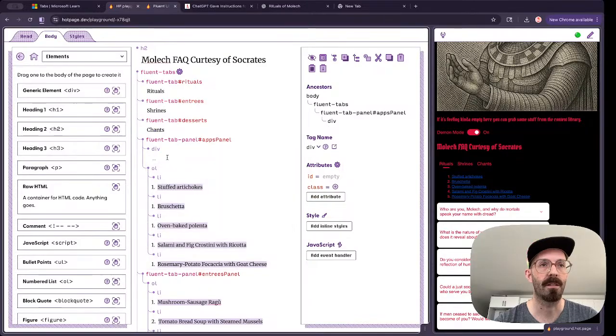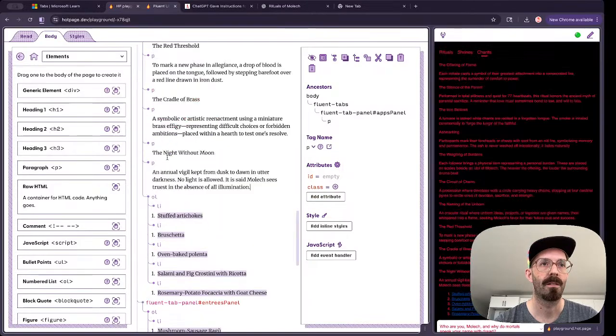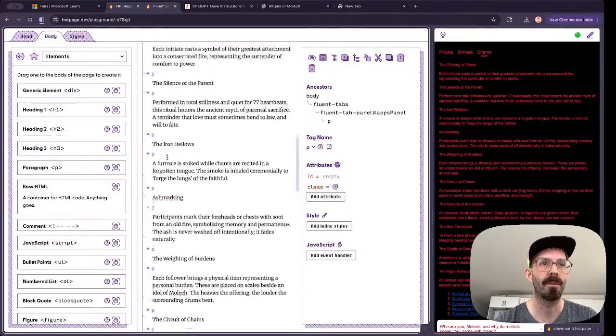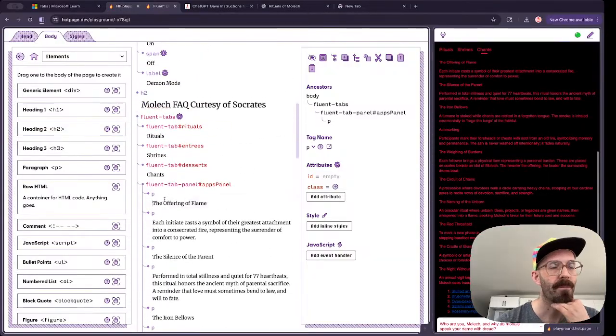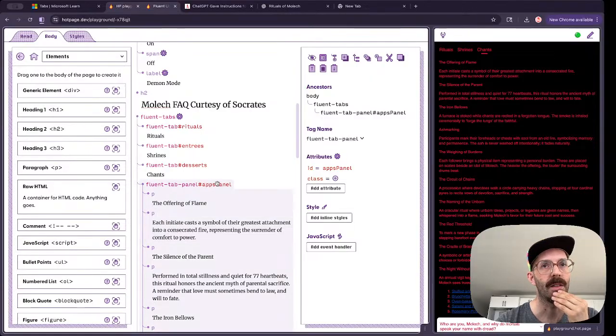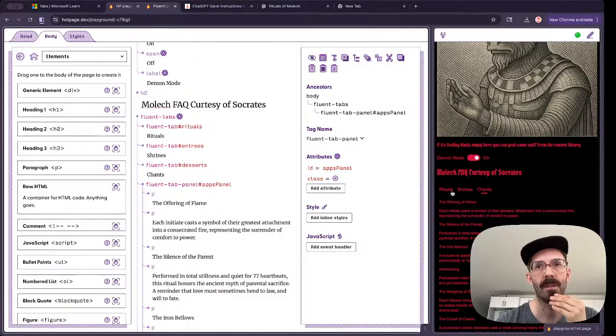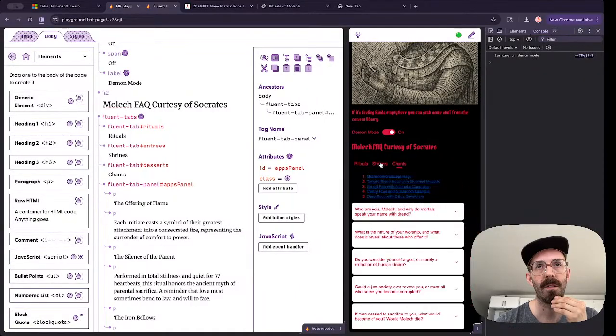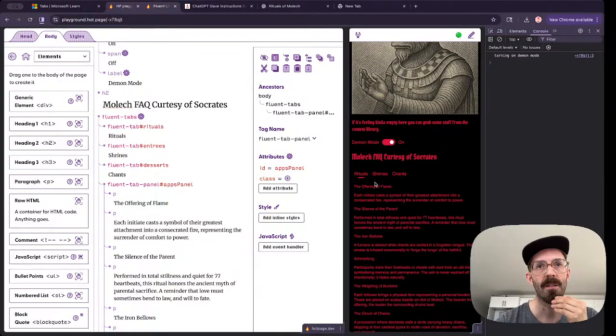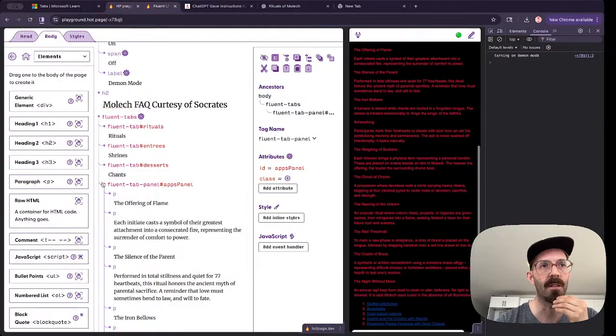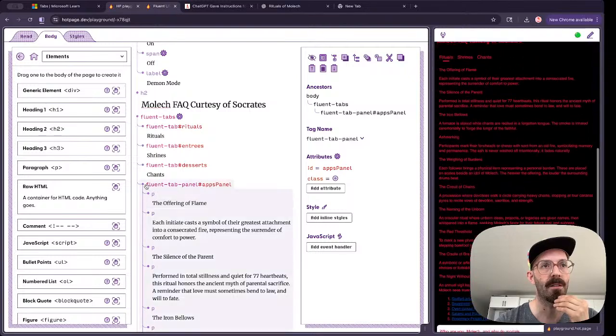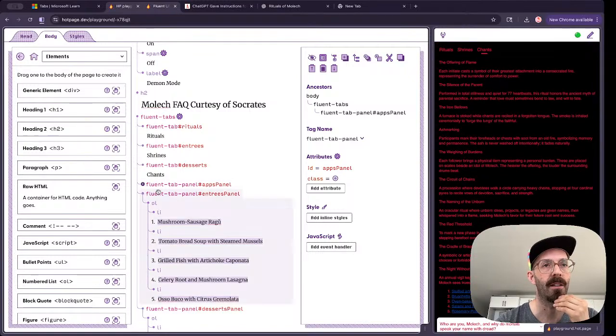So I'm just going to do no text, no styles. So this is apps panel. So how does this work? Rituals, shrines, chants. So it's basically just on the index. So it looks like